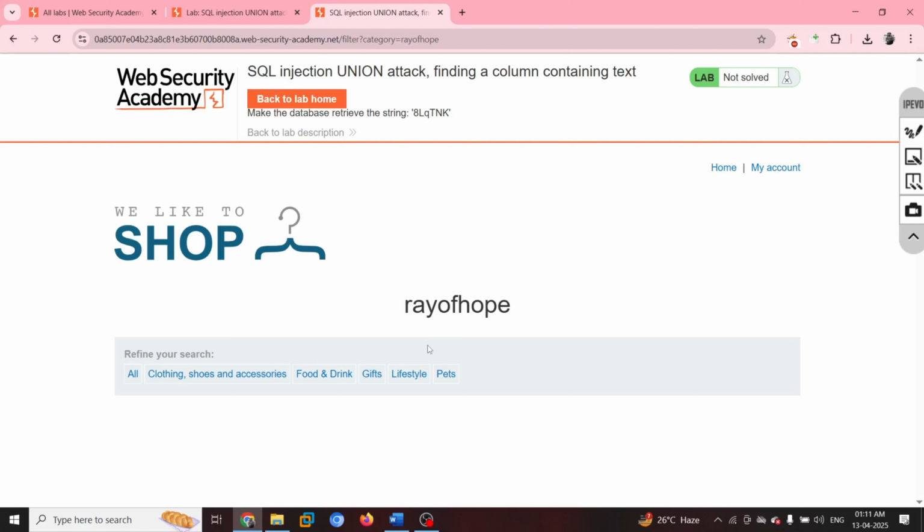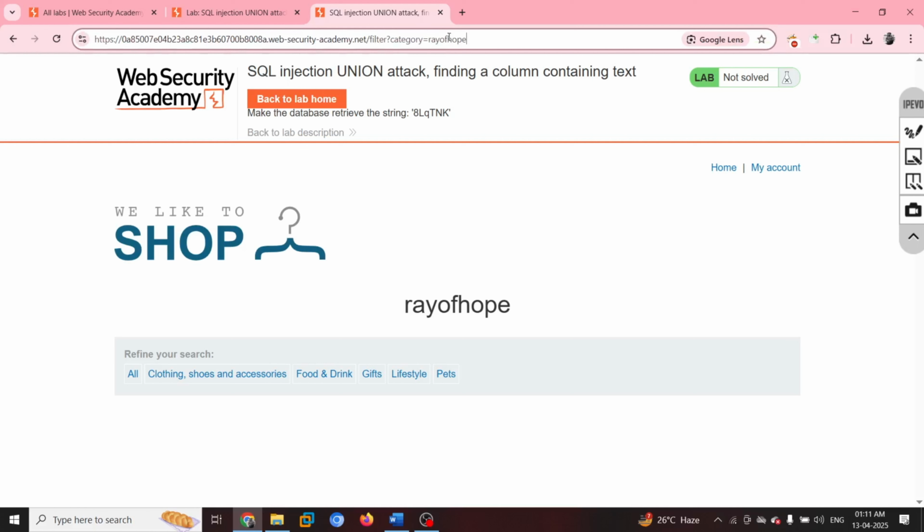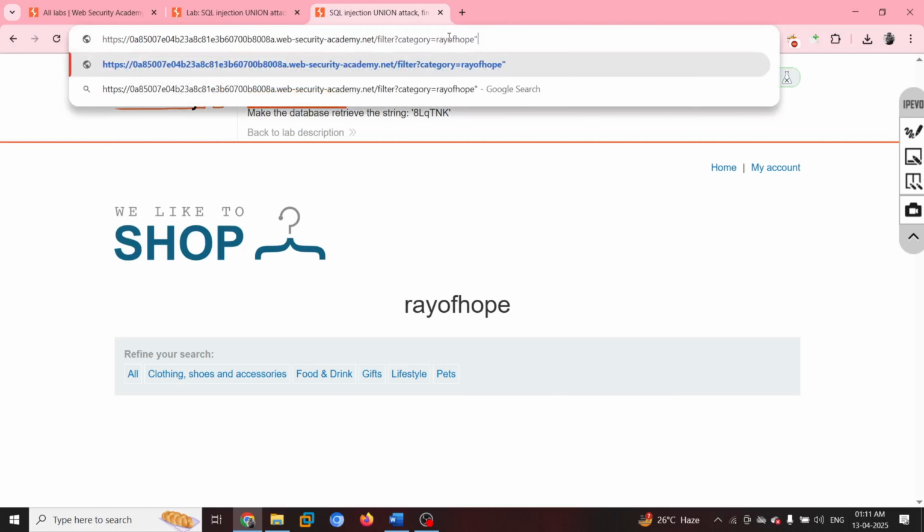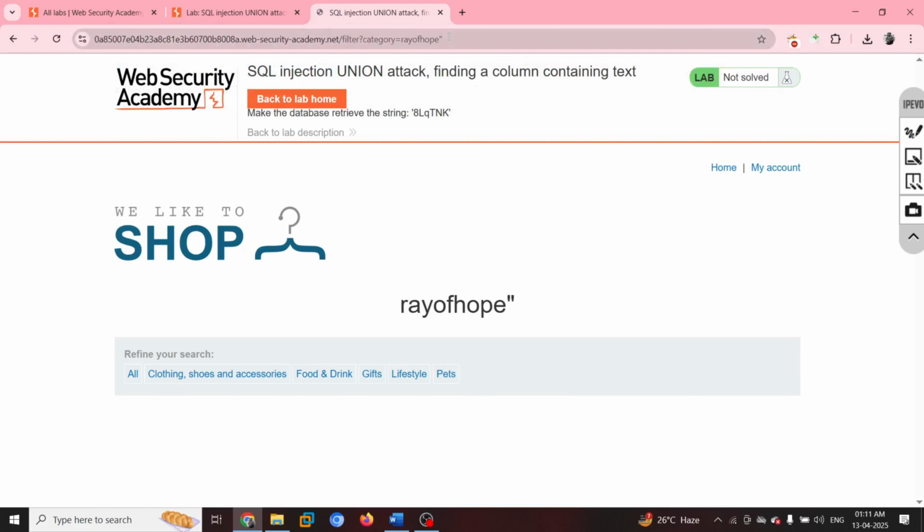Once we identify that the projection point is there, we need to identify what the developer written code is, and for that we need to break the query. To break the query, we have multiple ways that we have talked about. Suppose I use a double quote and hit enter, we are not getting anything that proves the query is breaking.